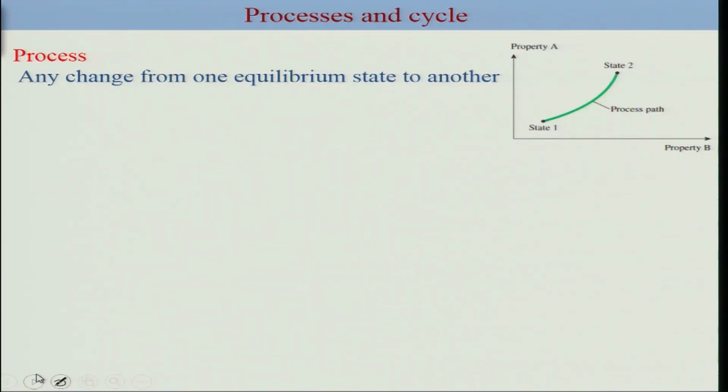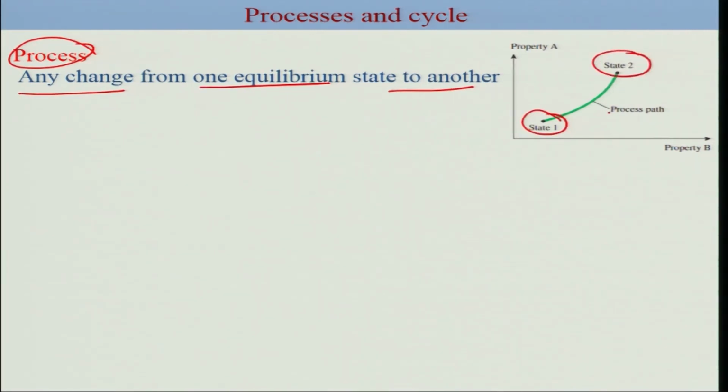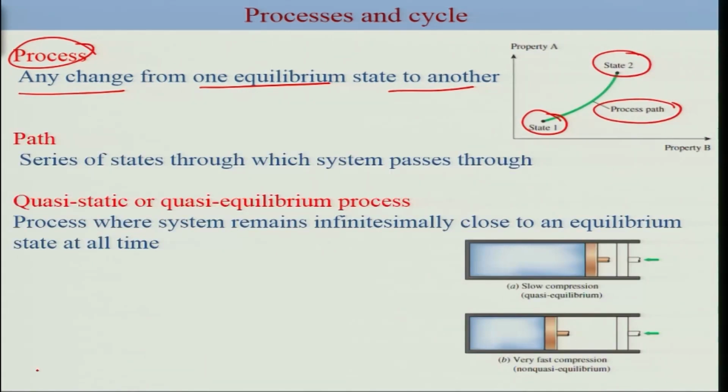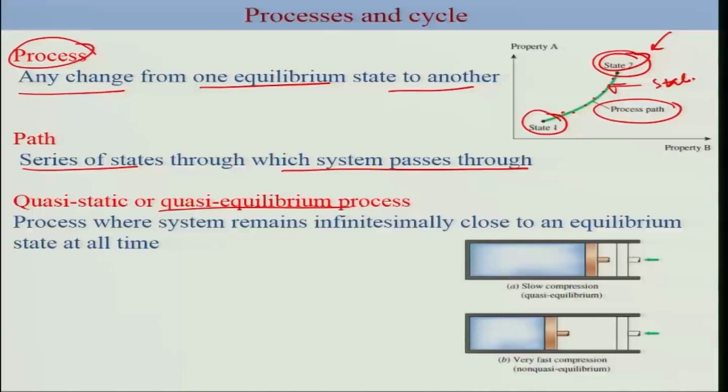Any state you can change during a process. So we will be defining the process here: any change from one equilibrium state to another. So this is an equilibrium state, and this is an equilibrium state, and this is a process path. A process path is the series of states through which the system passes. Essentially, each point along this green line is a state, and this is a specific state of our interest. Now there are processes which are very fast, and there are processes which are very slow. A slow process where the intermediate points along the path are at equilibrium or quasi-equilibrium is called a quasi-equilibrium process. This is an example where you are using slow compression in order to make use of equilibrium thermodynamics. So what you are doing here